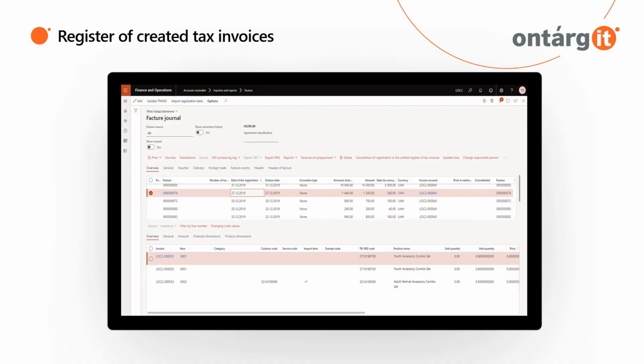All tax invoices and corrections created by you are stored in a special form where you can find all the related information such as dates, numbers, statuses, status of export to single register, etc. For each tax invoice, a line part is displayed at the bottom. If the tax invoice was created on the basis of a sale invoice, you will see the product name, quantity,